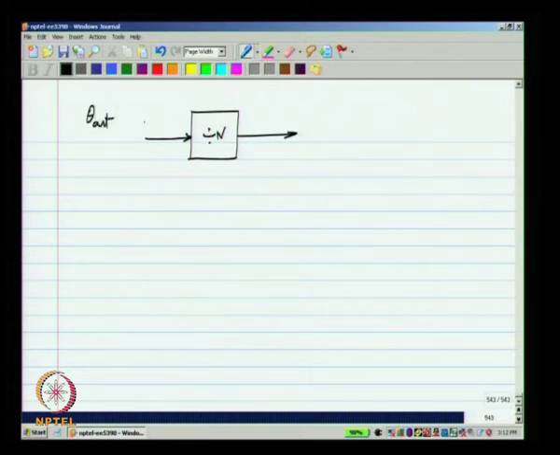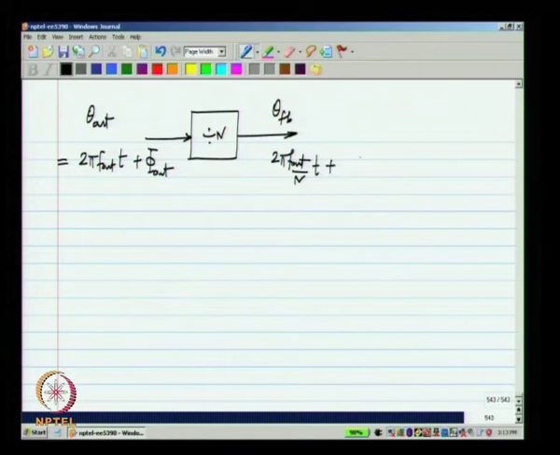When I say theta out, it is the output of the phase lock loop, and that is equal to 2 pi f out t plus some phase offset phi out, and the feedback phase will be nothing but 2 pi f out by n times t plus phi out divided by n. So, this part must be pretty clear, it is a frequency divider after all. So, the output frequency will be 1 by n times the input frequency,